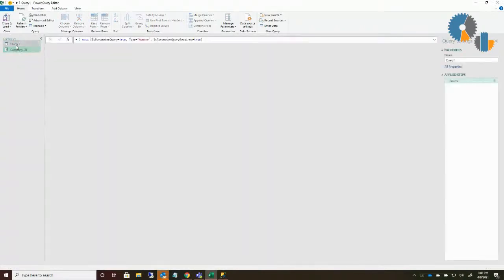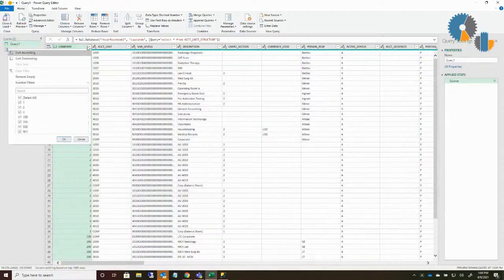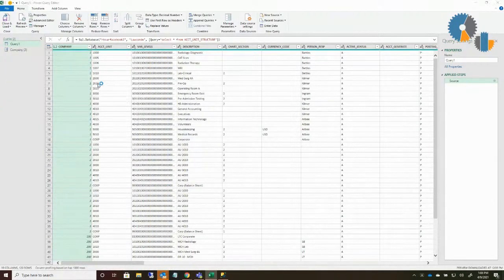Now, right now, that's just a parameter. That's a value of 2, and I have my source query. They're not really connected in any way at this point. So how I connect them up is I would want to filter that data. I can go to the column that I want to filter by, company in this case, and do a number filter. On my number filter, I'm going to say I want that column to be equal to,